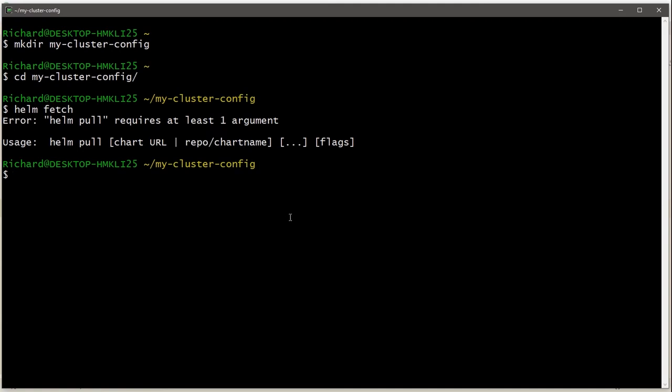So, for example, we could do a Helm pull, and then I'll use the repository and the chart name. If you remember all the way back to when we first installed monitoring, I set up a repository called prom-repo, if I remember correctly. I could confirm that with Helm repo list, but yeah, that's definitely what it was. And the chart name was